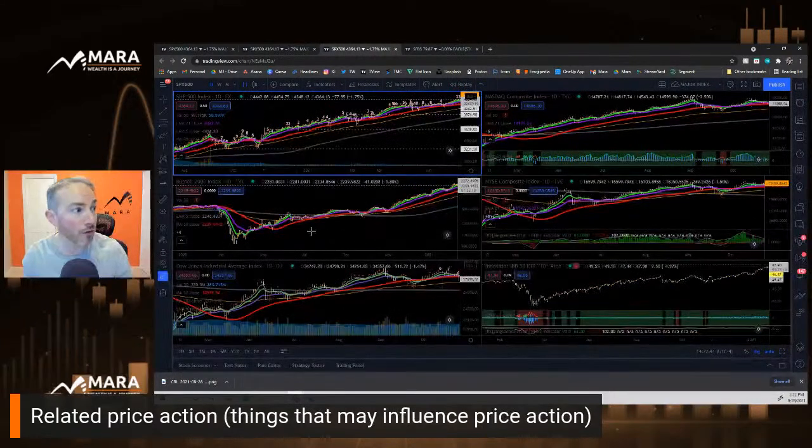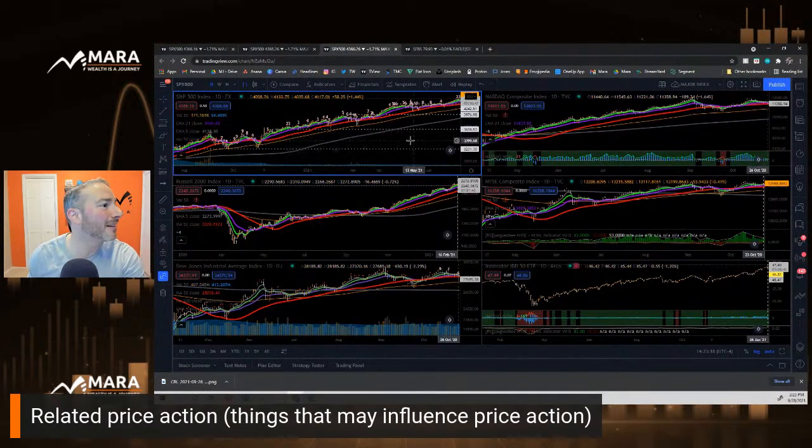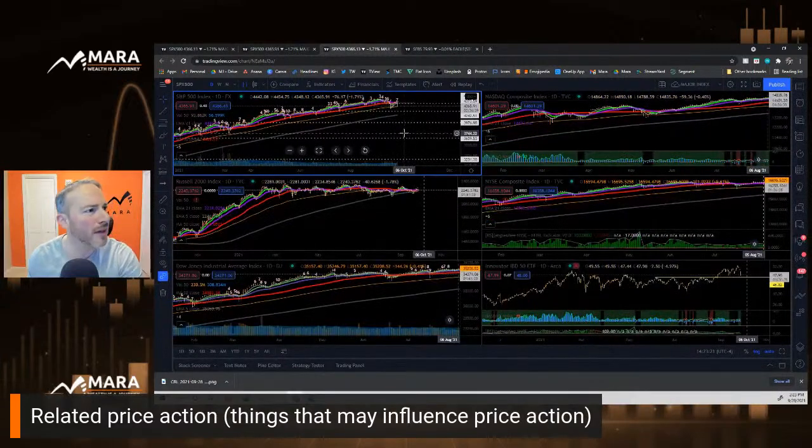All of the indexes were doing the same thing back then. So having an understanding of how the different indexes behave and how they influence one another can help you better not predict but to anticipate, right? We're never really, or at least I'm not looking to predict anything. My crystal ball has been in the shop for a very long time now and it's not coming out anytime soon. But the idea then is to start to think through,